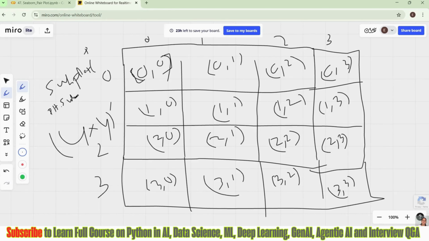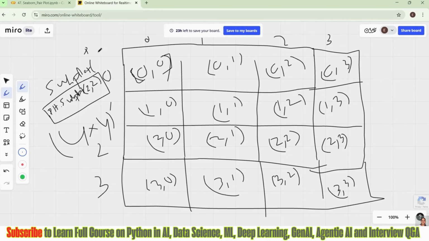So that is a pair plot. I'm showing you this because it is the same thing: whatever we are going to fetch, this is how it is getting presented behind the scenes. However, you can create your own plot by taking subplots.